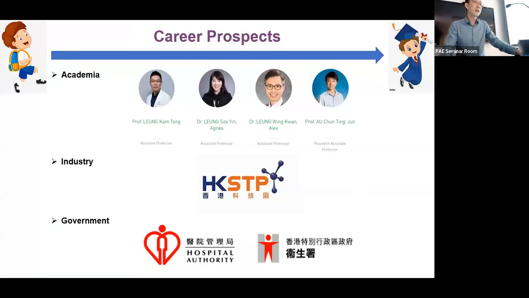The environment in Hong Kong has changed a lot in the past 10 to 20 years. You can opt to do academia. Four professors in our department were actually raised by CUHK. So when you are outstanding enough and want to pursue academia, you can always look for academic jobs in our department, at CUHK, or at other local universities.